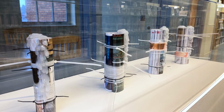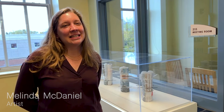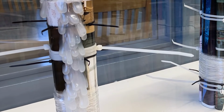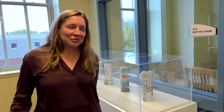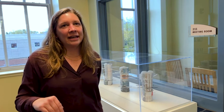This is a series called Subscription, and it involves these fashion magazines, and they've been bound by zip ties. This is supposed to be this show that is about collage, and normally people take the individual pages out of a magazine and collage with that content and subject matter, but I was like, well, what if the whole magazine was the collage, or we were looking at the image on its edge rather than the surface and the subject matter,